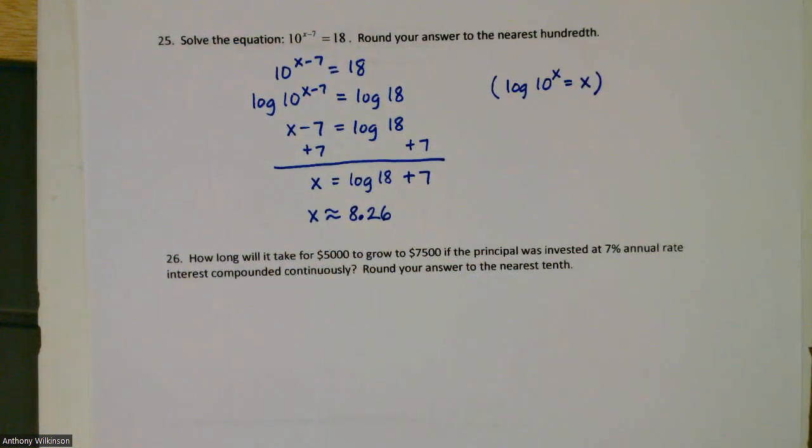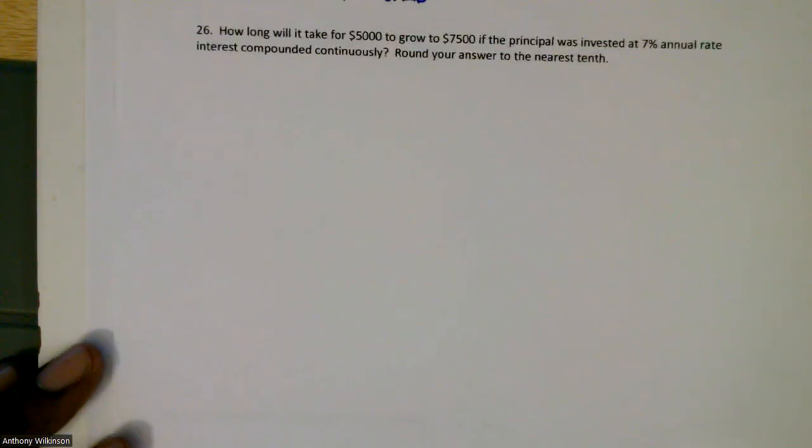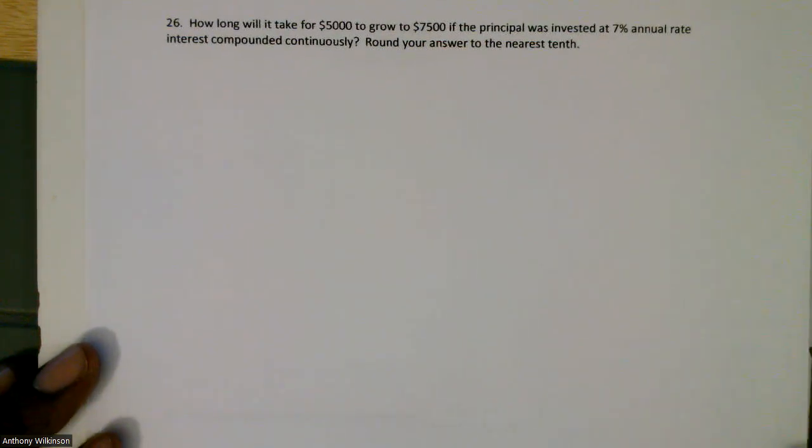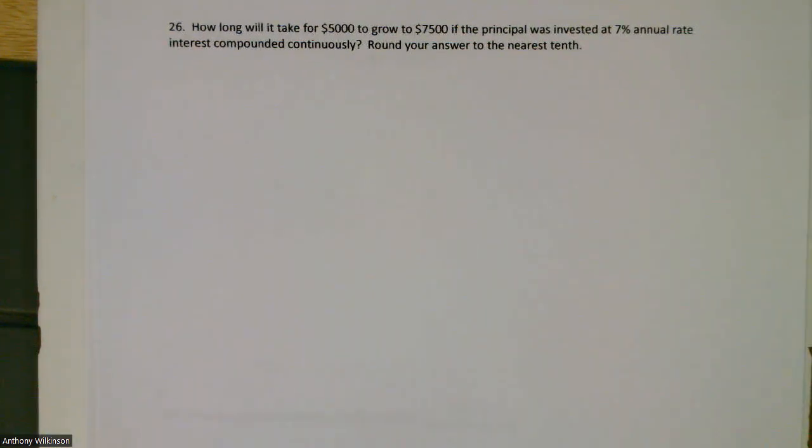Okay, problem number 26 is this. How long will it take for $5,000 to grow to $7,500 if the principal was invested at 7% annual interest rate compounded continuously? And you want to round your answer to the nearest tenth or to 1 decimal place. So in this case here,